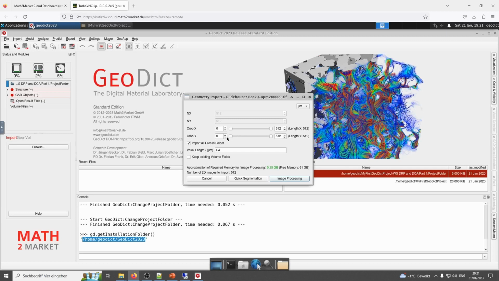And you can see the green numbers are changing. As far as the structure is already predefined for the training purpose, we are going to continue with the size of the dataset of 512. The memory demands and the computation time should be low. Please click Image Processing to continue.